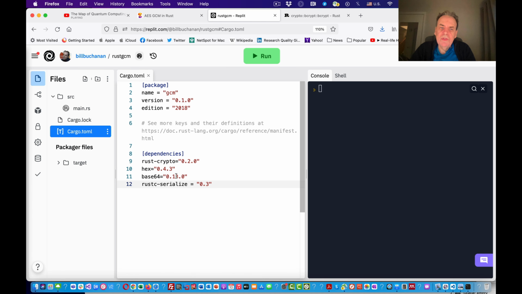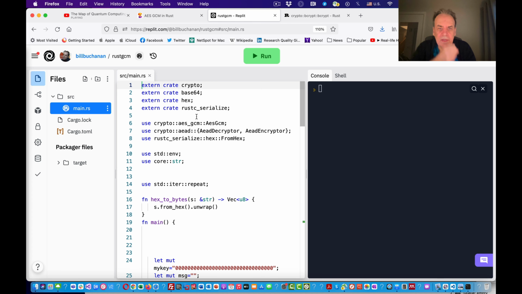Okay, so you will typically integrate here. I'm using the 2018 edition of Rust because Replit doesn't support the latest, 2021. These are the dependencies that I have. Once they come in, they're defined as an external crate.